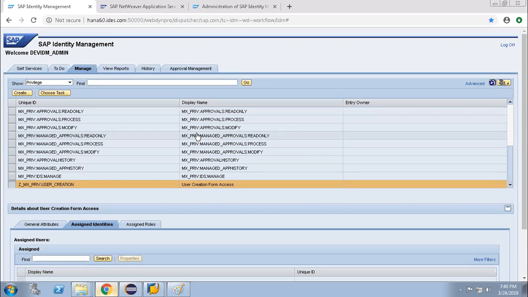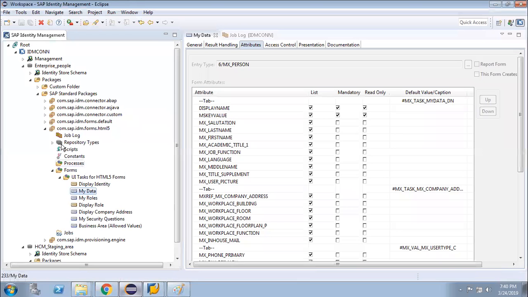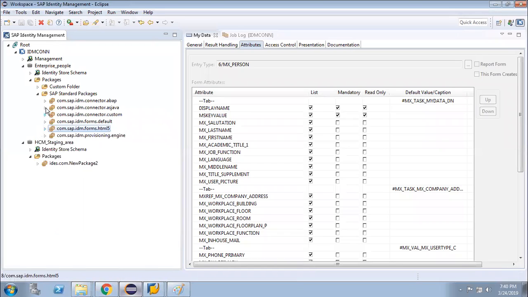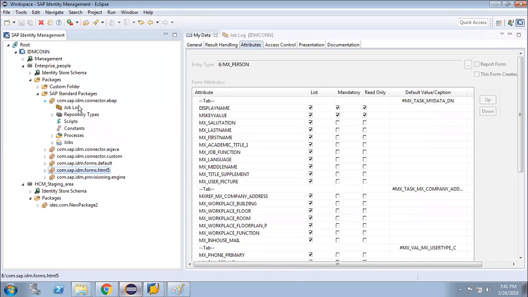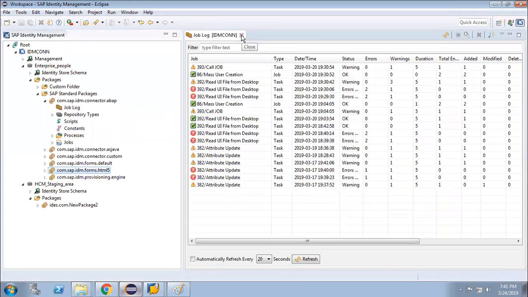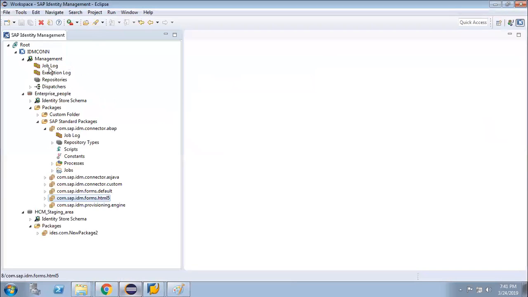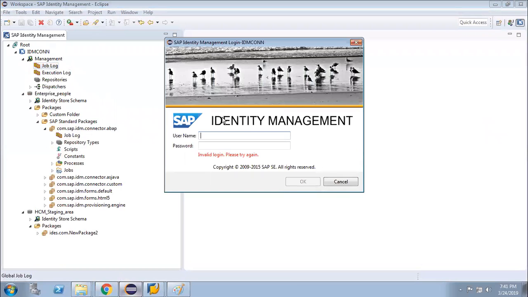In order to bring those backend system privileges into the IDM system, we have to run an initial load job. First you have to connect the system, right? Yes, we have to run the initial load job from the corresponding system.